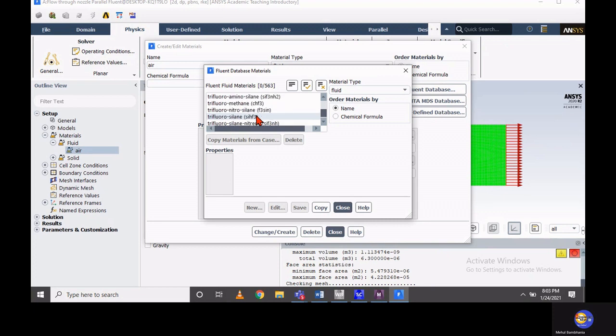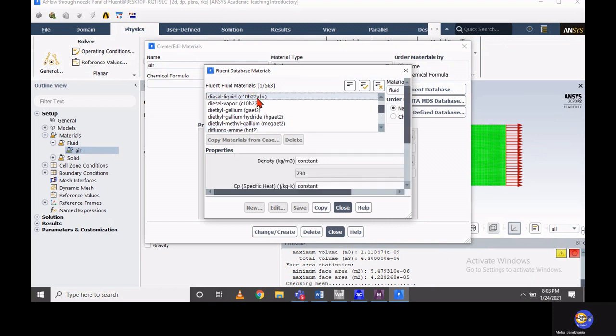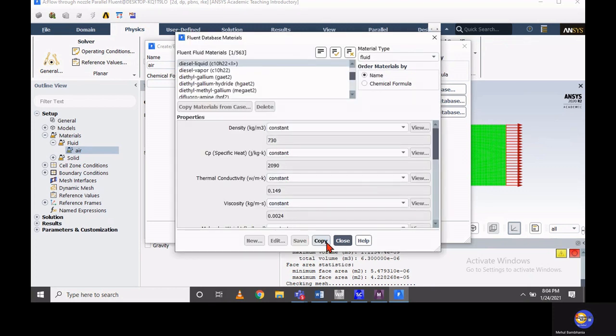So let's say I will use diesel as a fuel, so I will select diesel liquid from this Fluent database, and I wish to simulate the diesel flow inside this small channel. So these are the properties Fluent is considering.